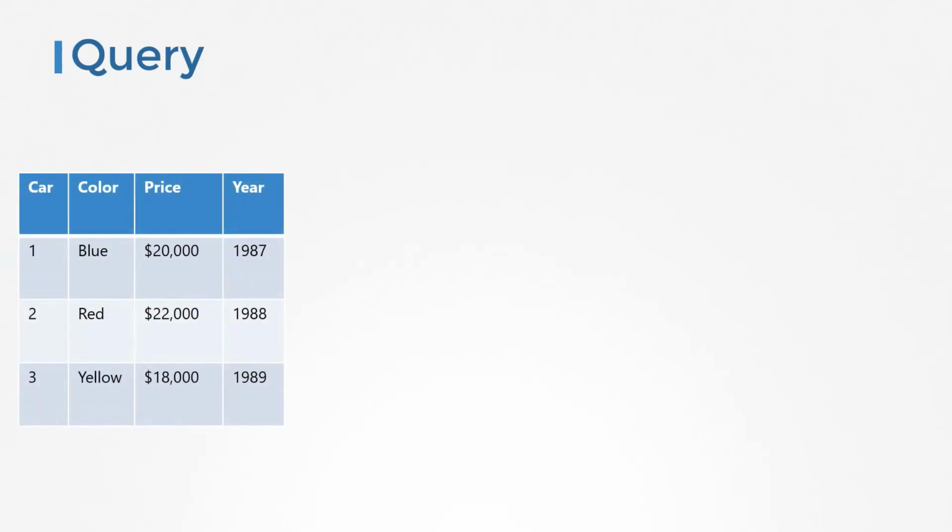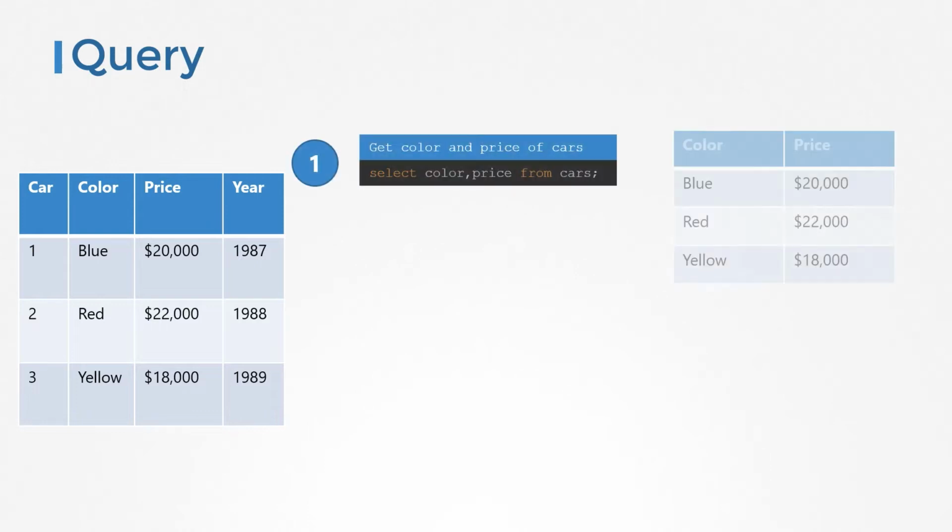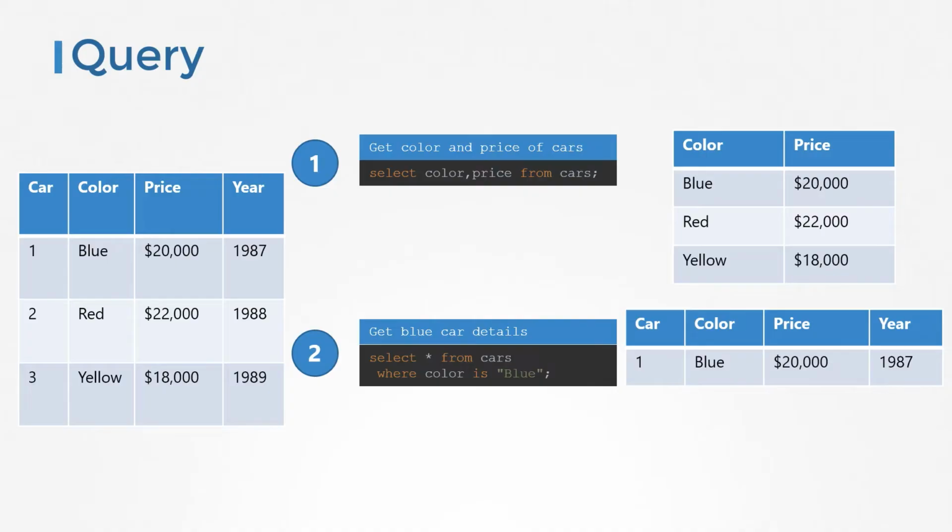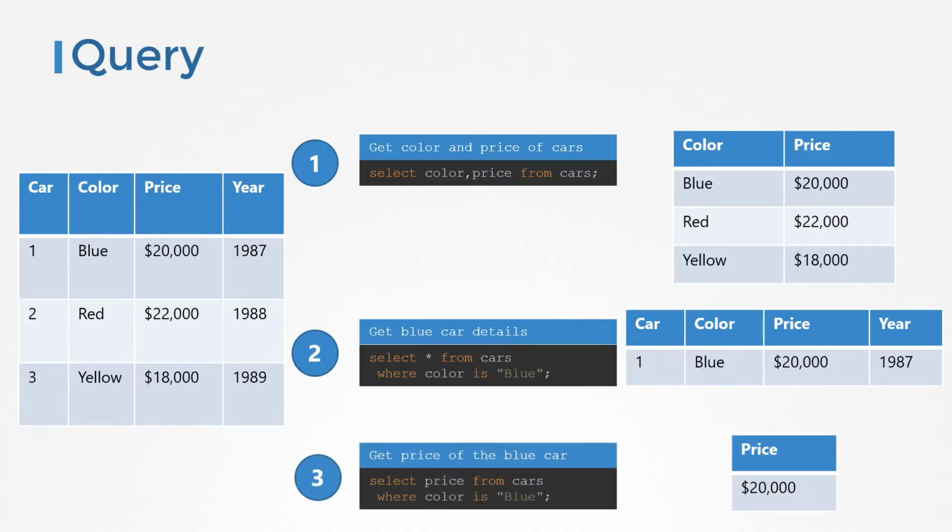Just like query languages in popular database software like SQL. For example, if you're given a table of data, you could run a query against it to 1. Extract only certain fields like color and price of cars, 2. Extract certain rows from it like all information about a blue car, or 3. Extract certain fields of certain rows like the price of a blue colored car. So for any given data, you apply a query and you get a result, which is a subset of that